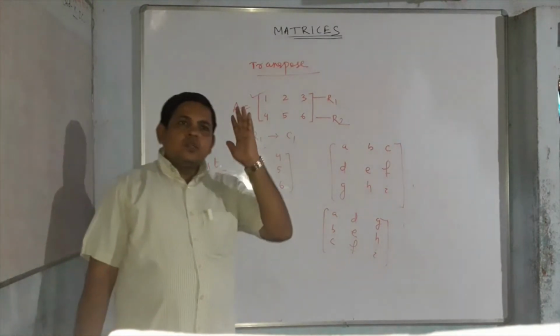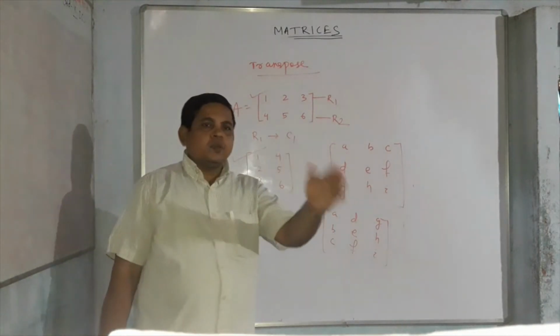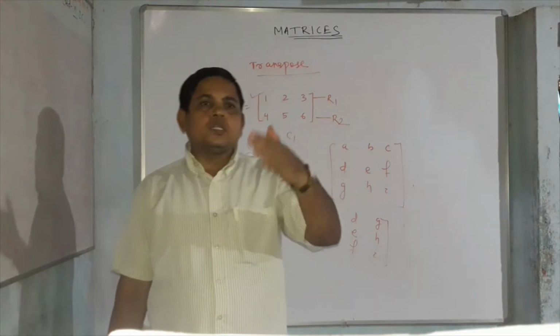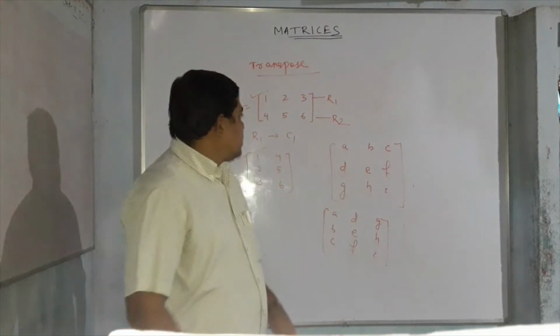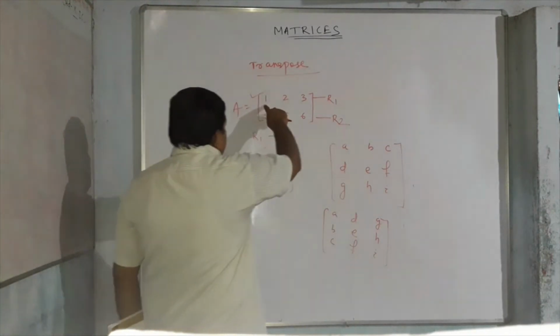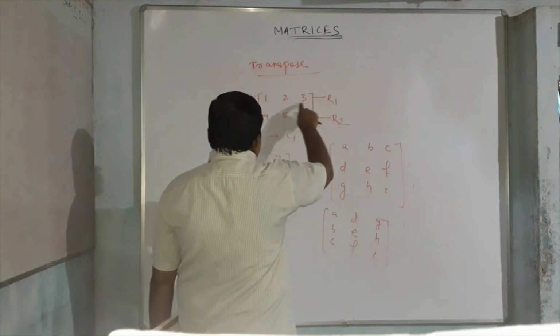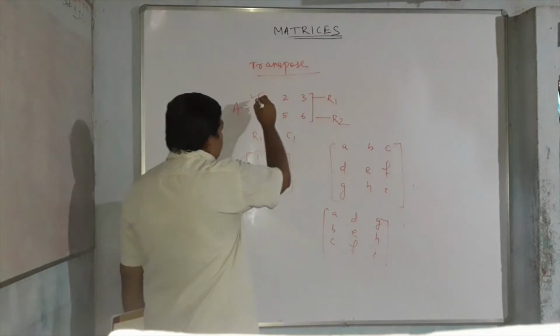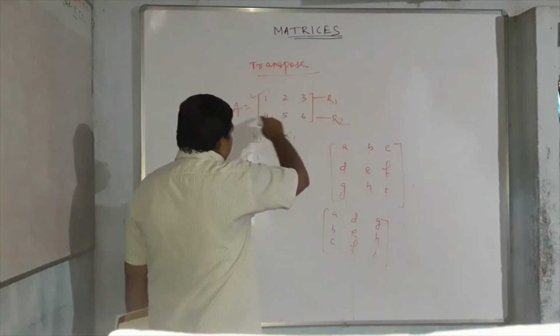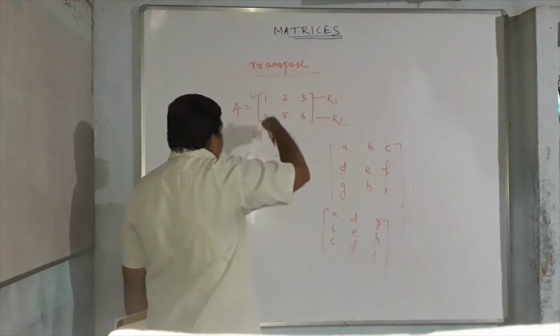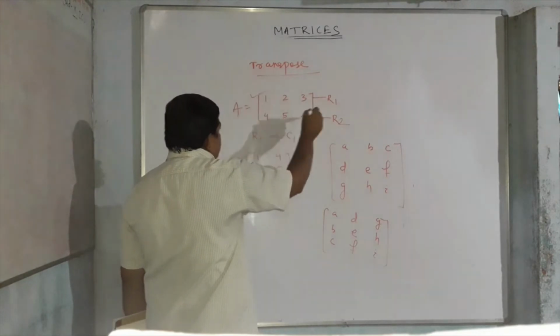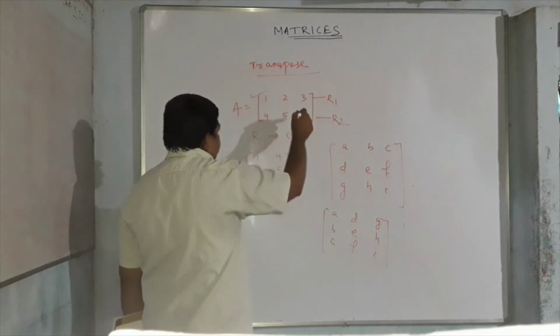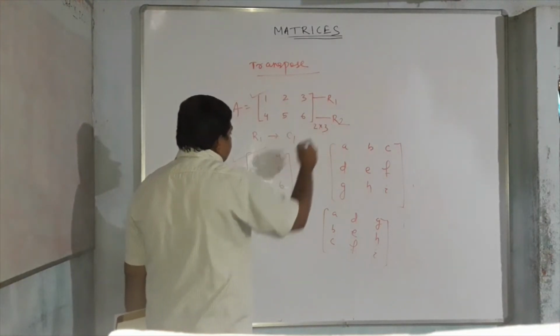Understand? I think all the entities will be present there, but they will be interchanged. Means rows and columns will be interchanged. Now here, number of rows. Now we'll check the order of the matrix. Here, what is the order? Here one row, another row, two rows. How many columns? Here two rows and three columns. Now you write 2 by 3.